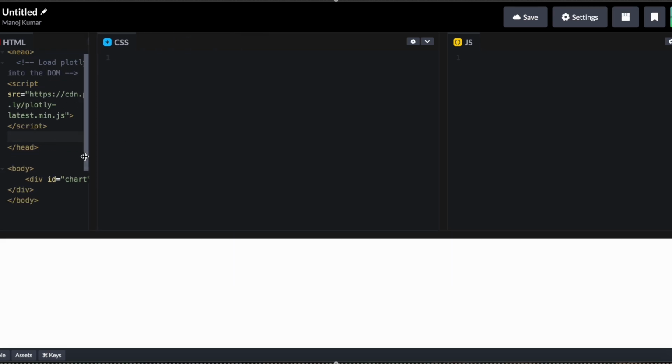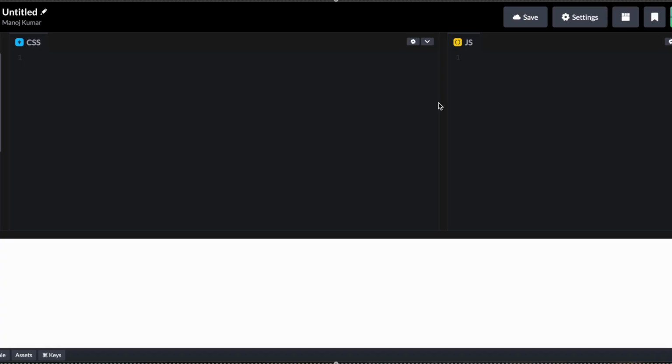Let's minimize the HTML part, and we are not going to use CSS in this tutorial, so we are also going to minimize the CSS portion of the code editor. And now in this file we are going to write the